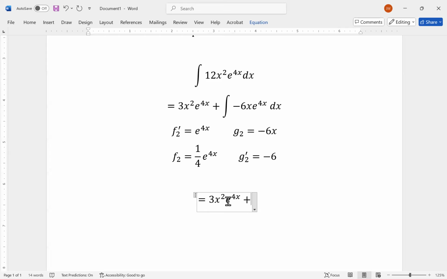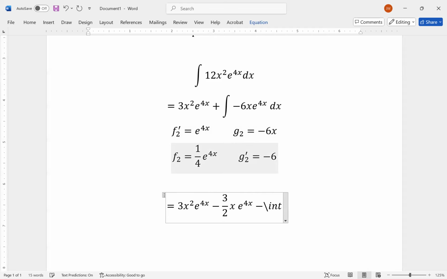Plus f2 times g2. So f times g. In this case, if I take negative 6 times a fourth, I'm going to get negative 3 over 2. So negative 3 over 2, x times e to the 4x,